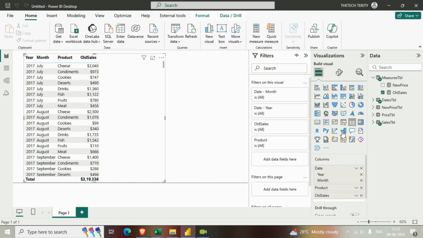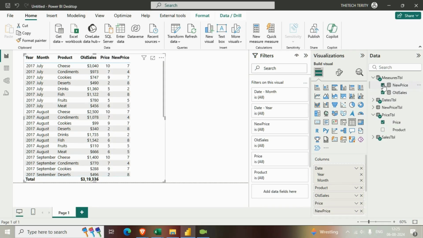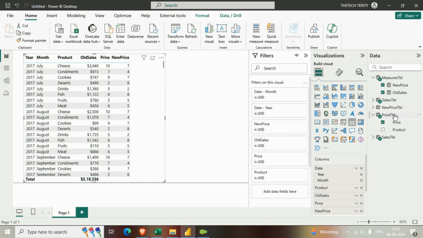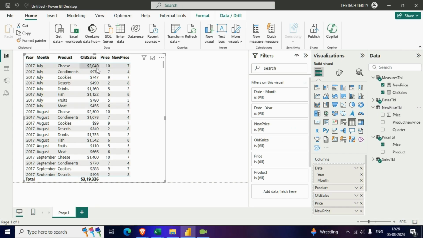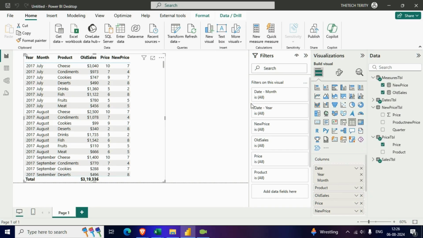Now let's add our old price. So we have the old price in the price table and the new price here. Now you can see the old price for the July month for the cheese product is 10, and the new price was 7. Now we have the old price and the new price, and now we will create the new sales figures. So I'll right click on the measures table and say new measure,